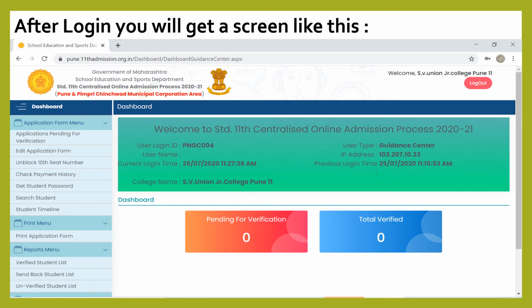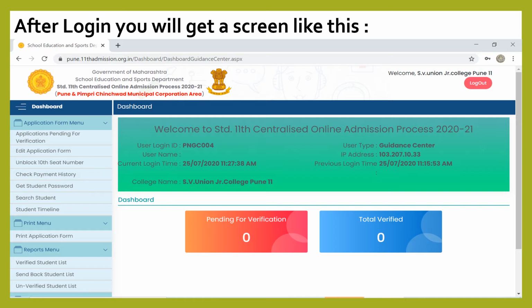Now, when you log into the guidance center, every college that has a guidance center will get a special username and password, with which you have to log in. Then this screen will open where you will get the guidance center name, that is SV Union Junior College Pune.